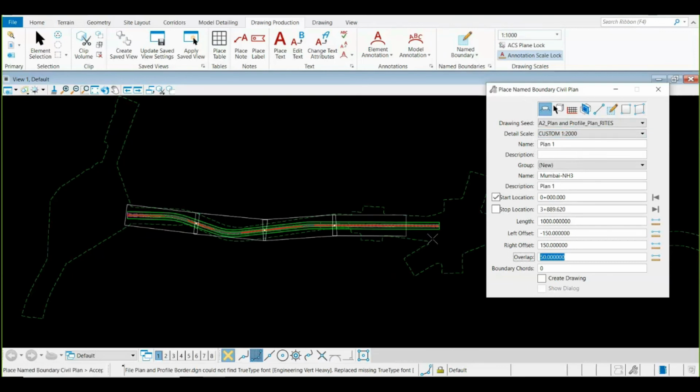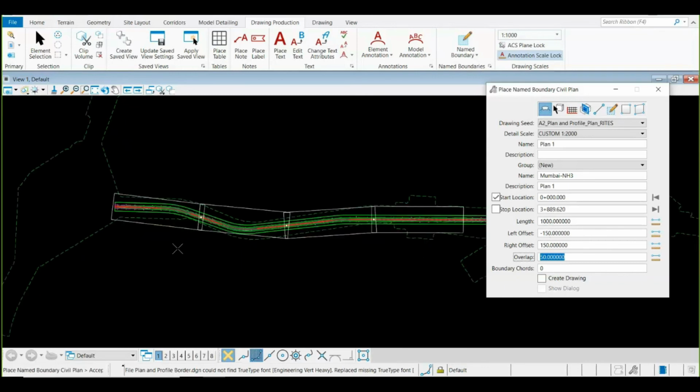It's not like you need to finish it early. And for length, I'm taking a 1 kilometer highway section, and the left and right offset is basically 150 meters. So 150, 150. That means the width of this rectangle is 300 meters, and the length of this rectangle is 1000 meters, which is 1 kilometer. If you change the left and right offset, suppose I make it 50, the overall width of this rectangle will be 50 plus 50, which is 100, meaning 50 left side, 50 right side. Right now it's 150, so that means 150 left, 150 right, total 300.